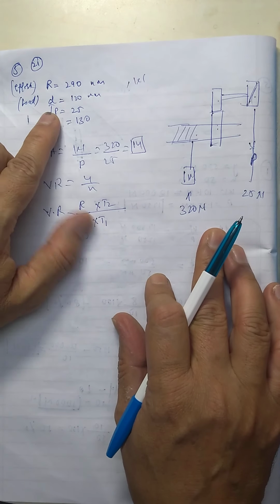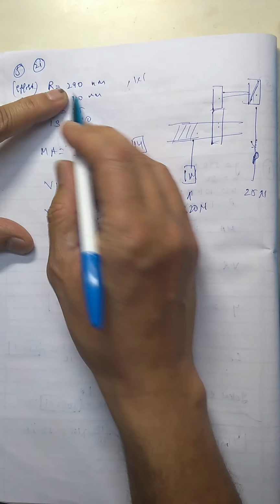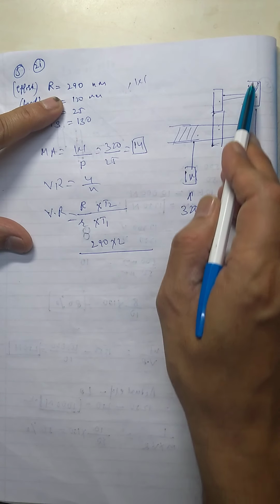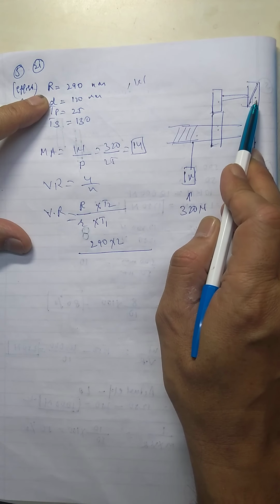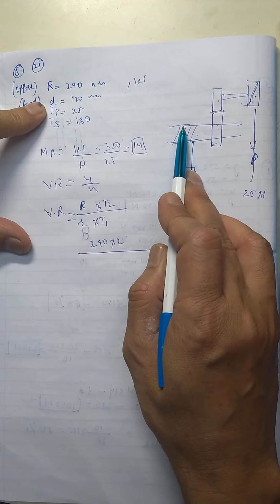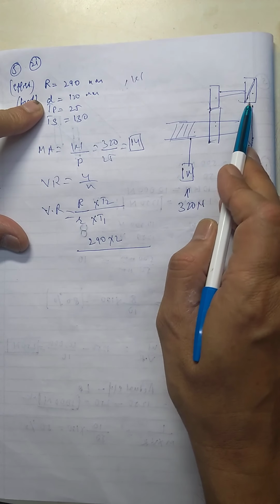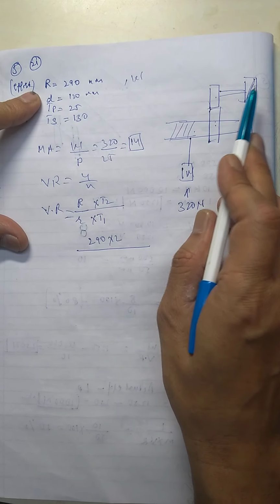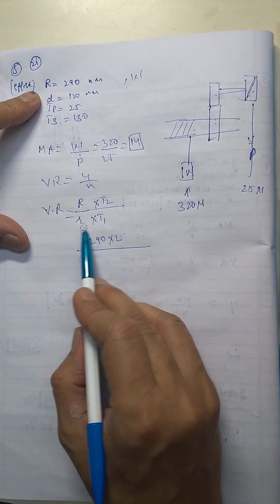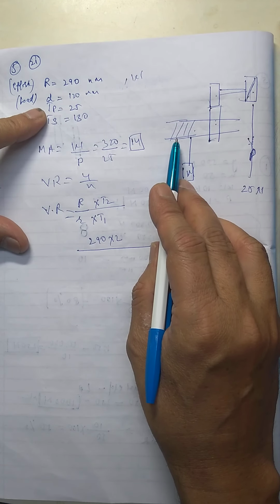Now see, this is the diameter of the load drum. So we have to take the radius, that means 290 into 2, because 290 is the radius of the effort drum, but you have to take the diameter, because for the load drum also you know the diameter. So if the diameter of the load drum is taken, then you have to take the diameter of the effort drum. So the diameter of effort drum will be radius into 2, that means 290 into 2 divided by r. This is the diameter of the load drum, which is 120.